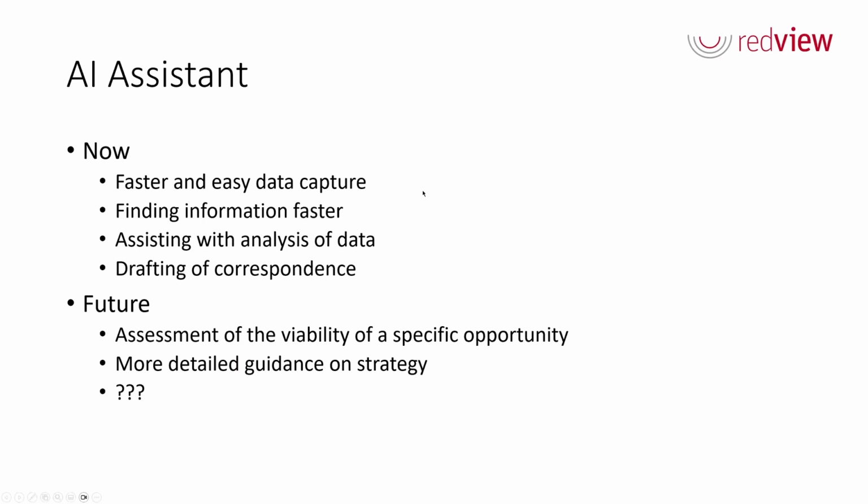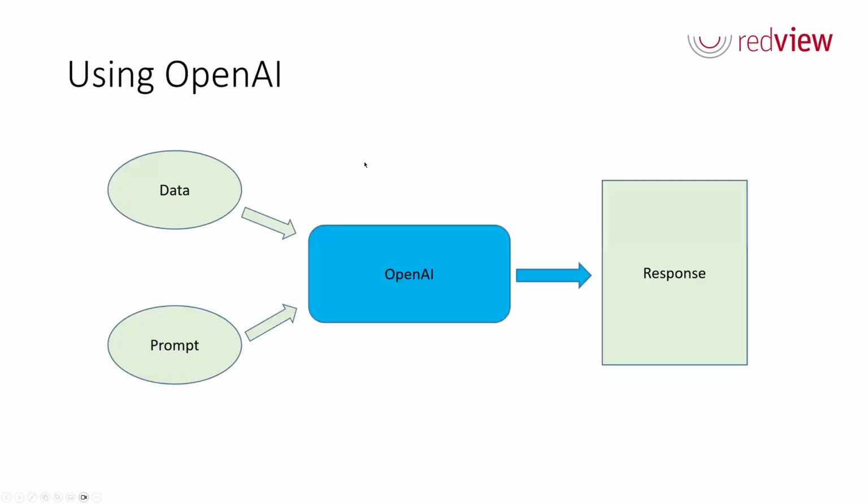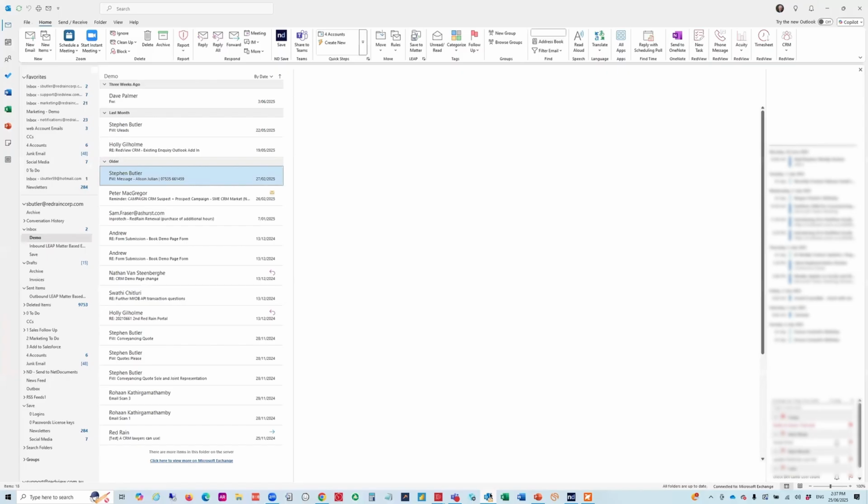In terms of the way that we're using the OpenAI API, for completeness, you have two aspects. Firstly, you provide the tool with some data, and then you provide a prompt or a question, and then OpenAI does its magic and gives RedView a response, which we can then use and interpret and do various things with. So if we then just now go into the product, what I'm going to start with is the easier capture